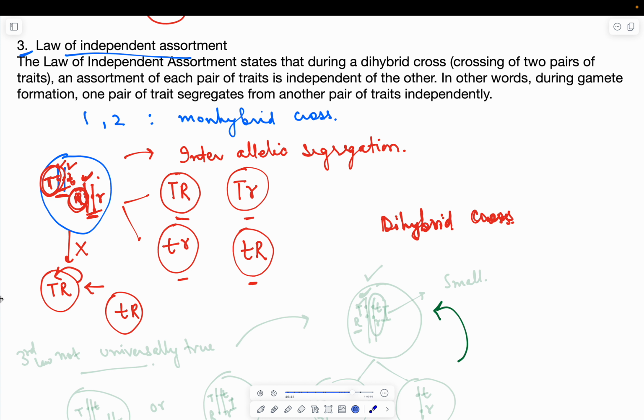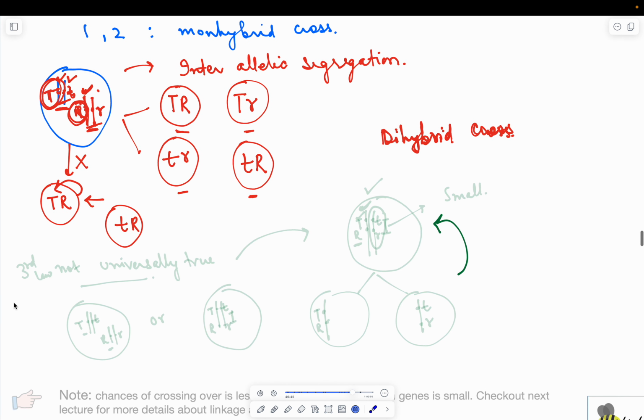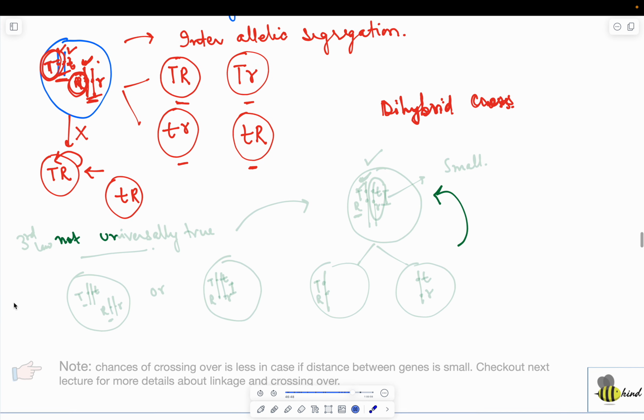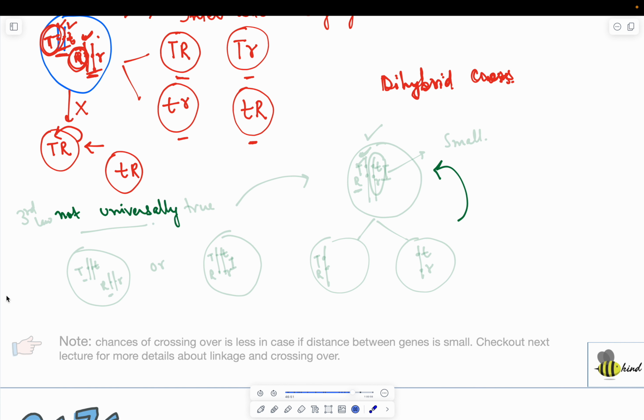Second important thing under this law is that this law is not universally true. The third law is not universally true. It is applicable only to the pair of alleles which are present on different chromosomes. So these pairs of alleles are present on different sets of chromosomes. Or it's also applicable to alleles which are present on the same pair of chromosomes, but they have a huge